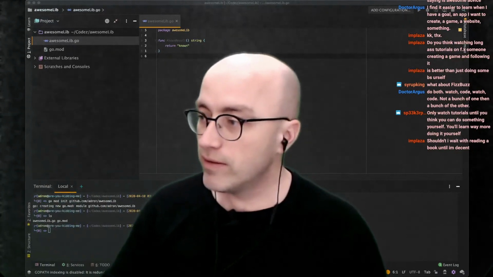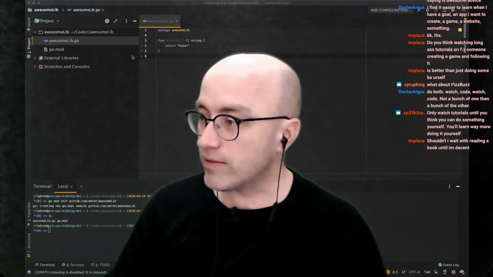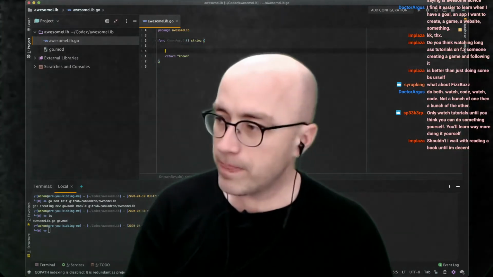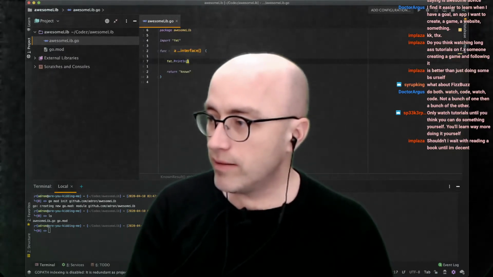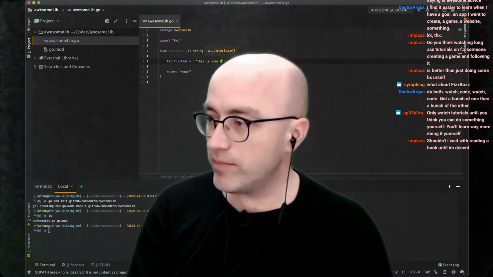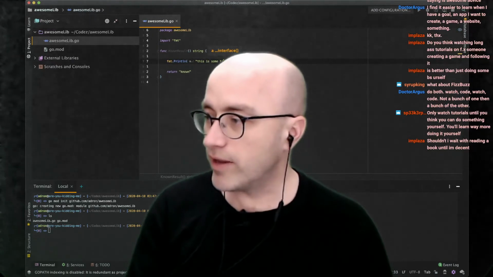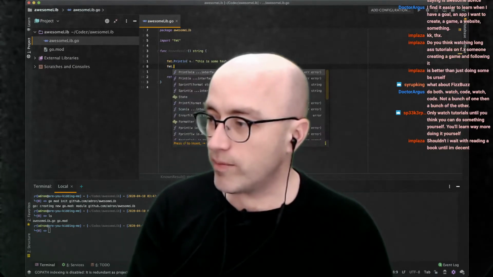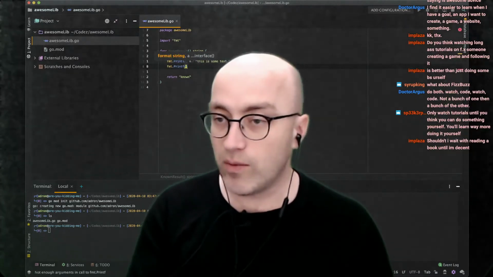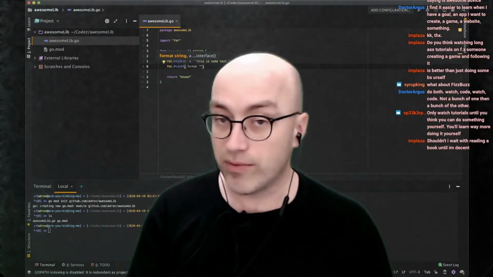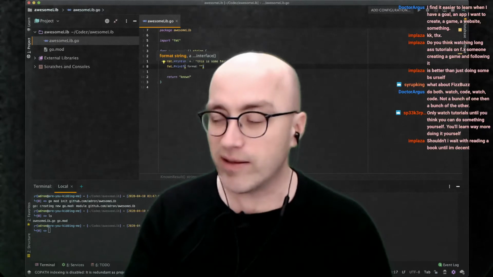Like in Go, the commands are things like fmt.Println, this is some text, right? And then there's another thing like fmt.Printf. Printf is tricky, right? It took me a while to figure out what they were using. And when I realized what they were using, I was like, oh yeah, that makes sense.